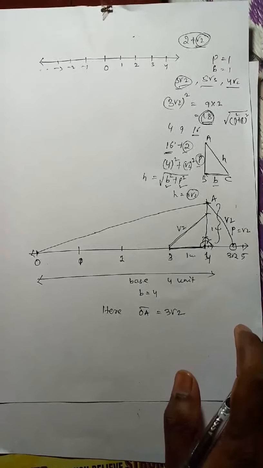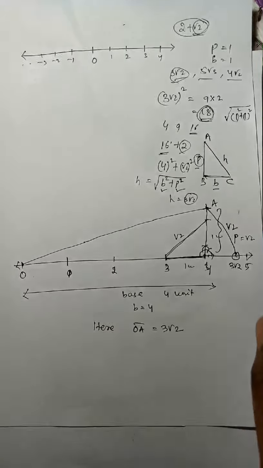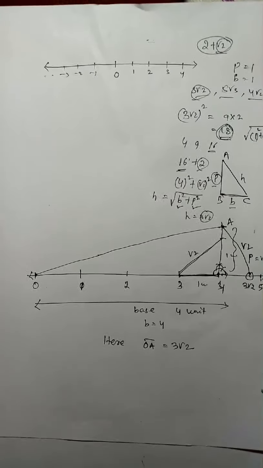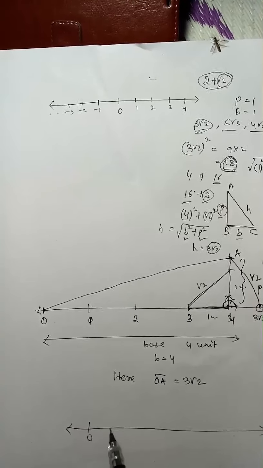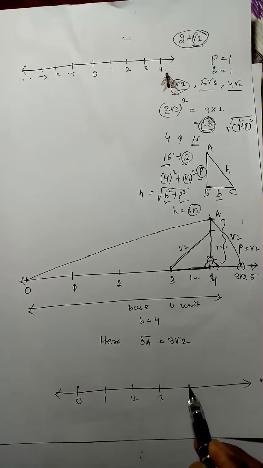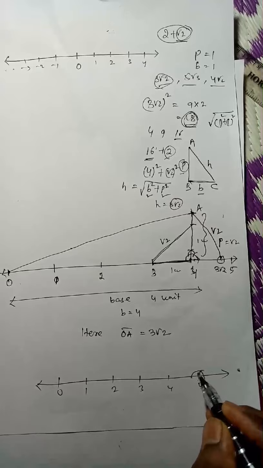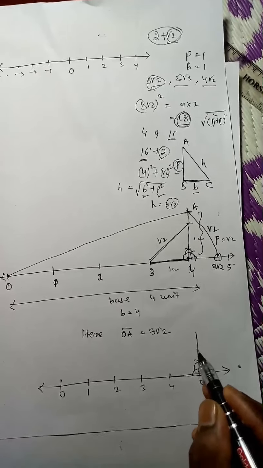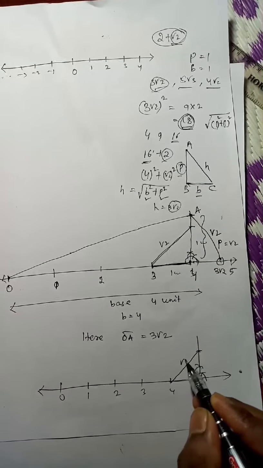Now you got the answer. For example, if you are confused about how we draw root 2 here, we can take root 2 at 5, at the point 5 also. Suppose this is 0, 1, 2, 3, 4 and 5. We can take the right angle here also. Okay, this is 1 point, this is also 1 point, and connect this. This is your root 2.